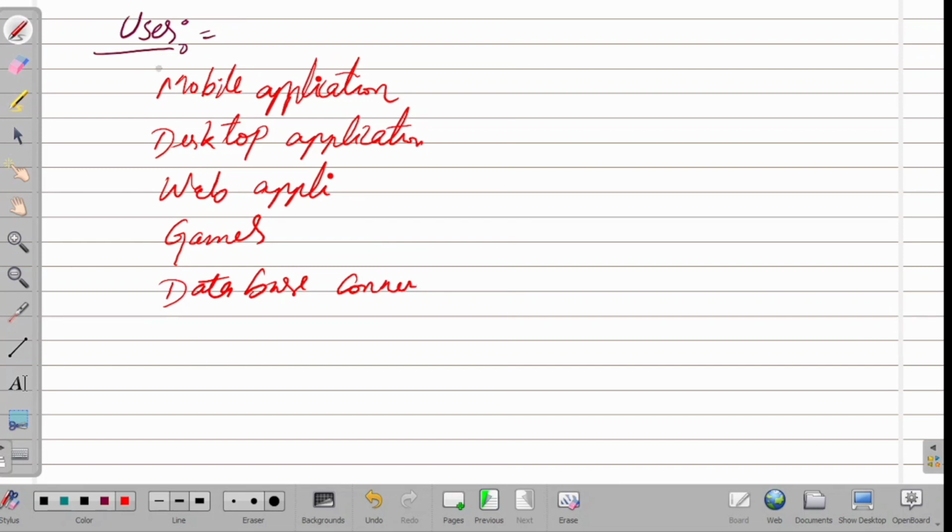So we use Java for mobile applications, desktop applications, web applications, games, and database connections, and so many other applications.